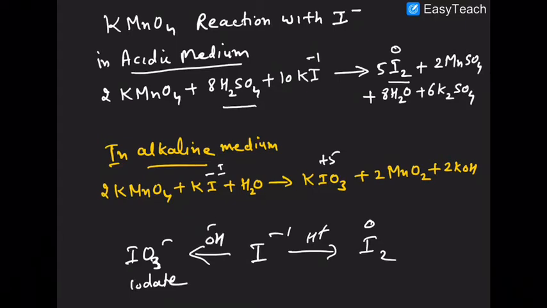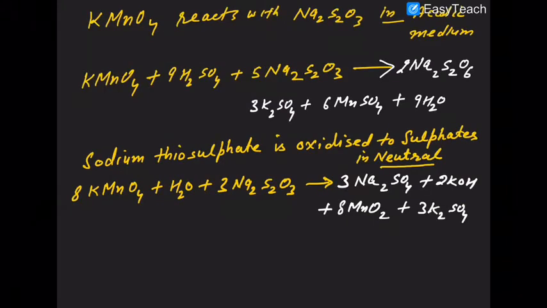Are you getting that or not? So here it is in the +5 state. So iodide ion will lose 5 electrons in the case of iodate, while in the case of iodine one iodide ion will lose 1 electron only. So iodide transforms into iodine in acidic medium, while iodide transforms into IO3 negative under basic condition by KMnO4. This is a very important question. Are you getting that?